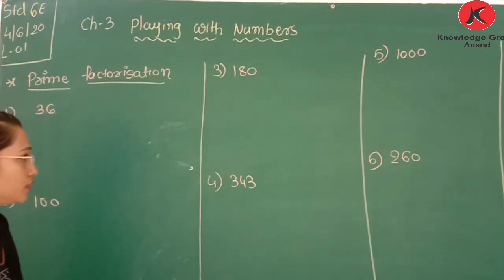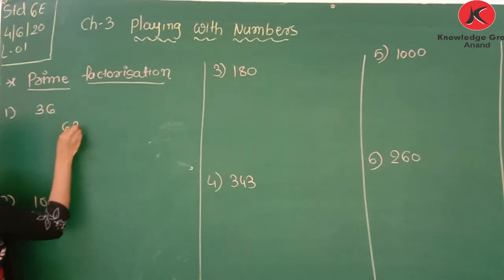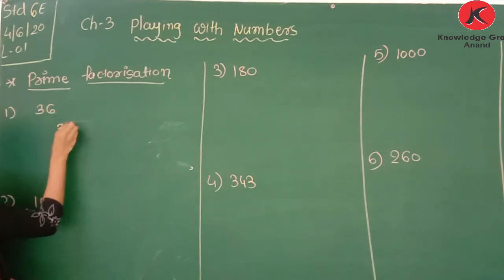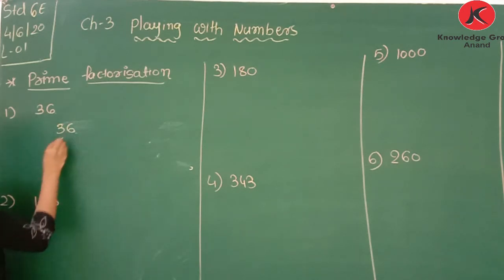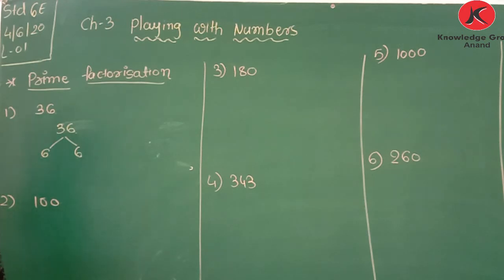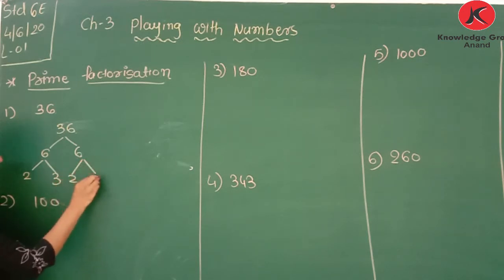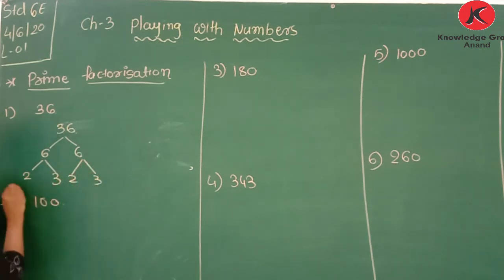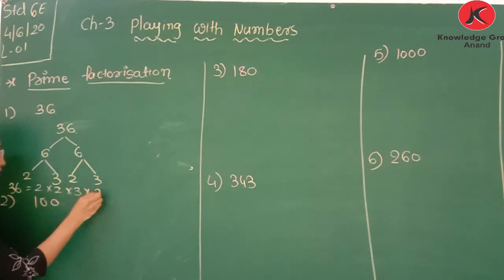So in a factor tree, if the number is 36, then what are the factors? It is 6 6s are 36, but 6 and 6 are not prime numbers. So again we factorize this. 2 3s are 6 and 2 3s are 6. So factors of 36 are 2 multiply 2 multiply 3 multiply 3.